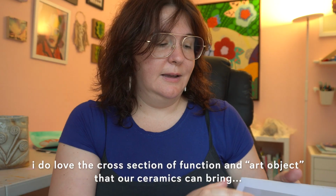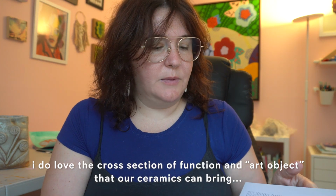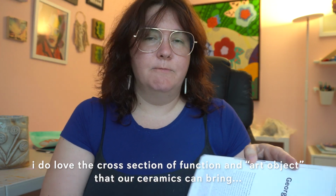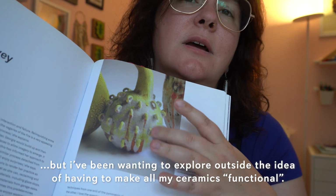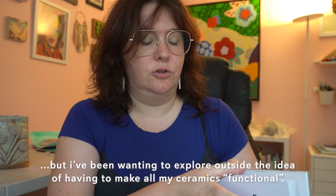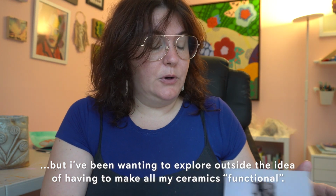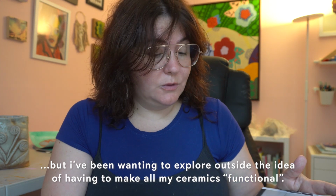Things that aren't necessarily functional. A lot of what my mom and I do together is functional, but I've really gotten into the idea of coil building to try and do more sculpture related stuff as opposed to it being extremely functional. I've had it in my mind for a while, in collaboration with my paintings, to have a sculpture element with it, and I have shown my ceramics alongside